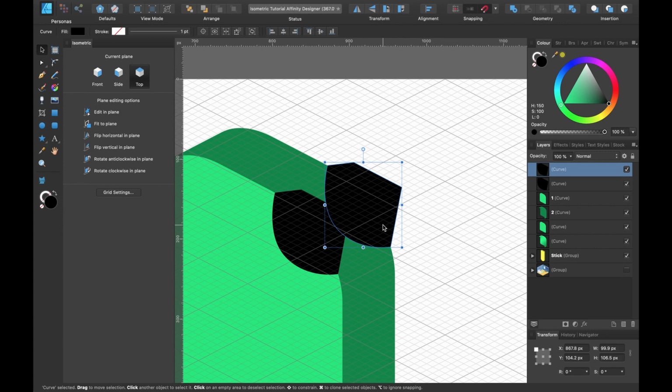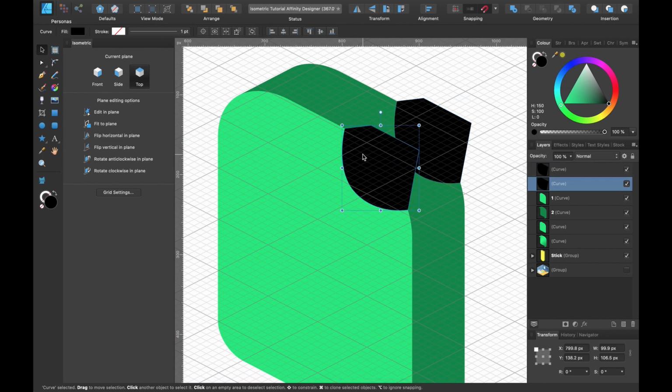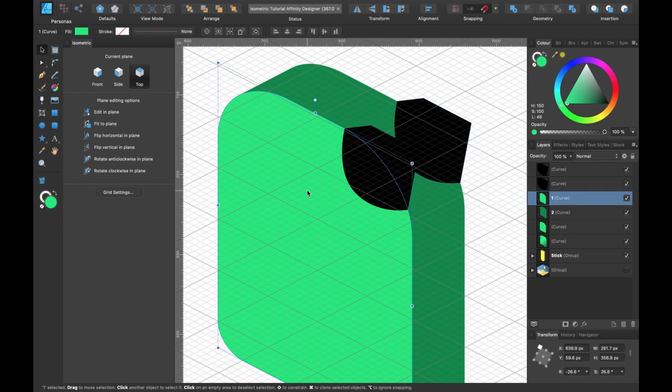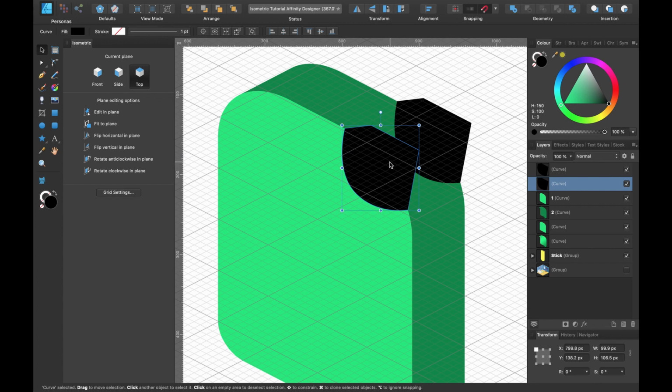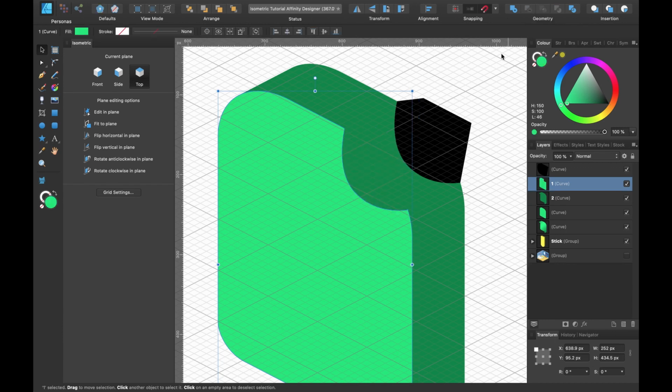So now we're going to want to take bites out of each of these shapes. So starting with this one, we will take a chunk out of this shape here. So I'll select this one, and I will press Shift and select the shape I want to take a bite out of, and I'll head up to the geometry tools at the top here, and I'll press Subtract. Okay, that's done it. Let's do the same with the other one behind.